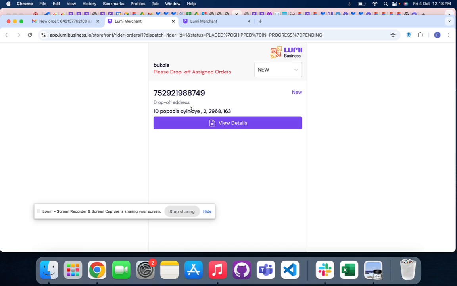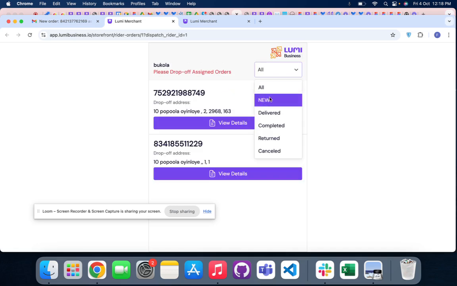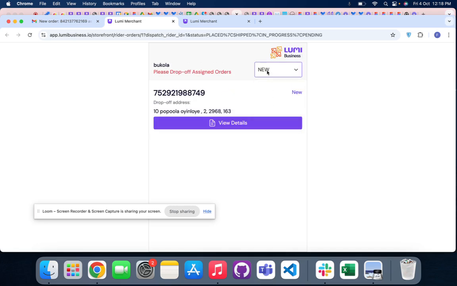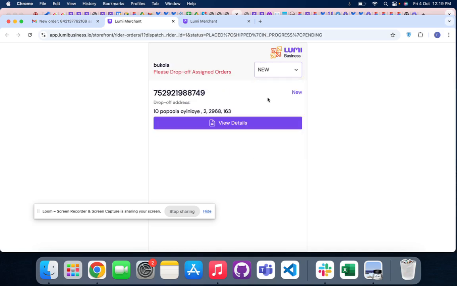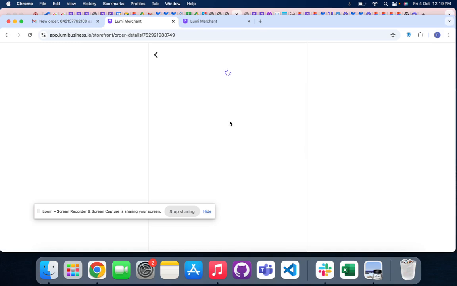After the rider clicks on the URL, they see their dashboard, which has a filter of new orders, a filter of delivered orders, a filter of completed, and all sorts. But for this one, I'm going to go with new. Once they click on view detail page,